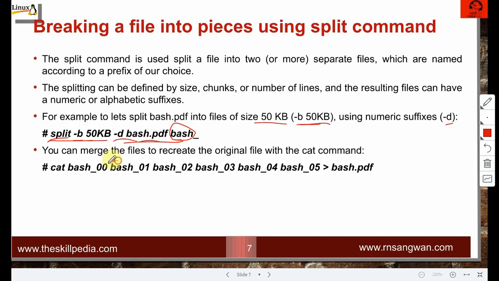So the prefix is bash_, with -d for a numeric suffix like 01, and the size of each file will be 50 KB. Let's try these commands, and the paste command and the cut command.